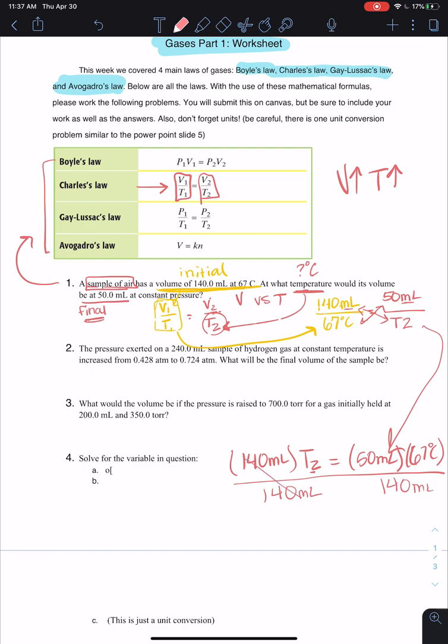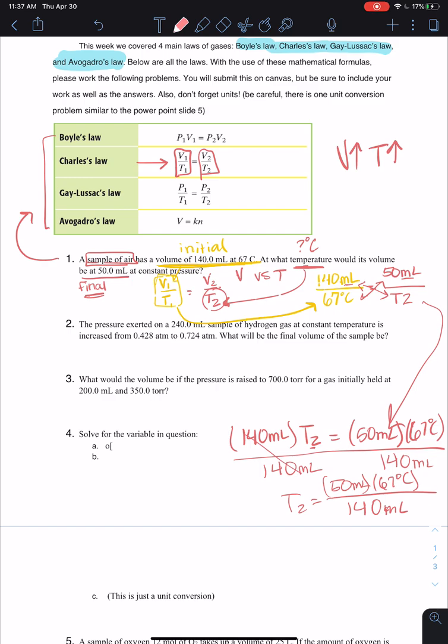So that would cancel here, and we're left with T2 equals 50 mils times 67 degrees Celsius over 140 mils. If you notice, this makes our units work as well. That's how you know that you did it right, because milliliters divides with milliliters and Celsius is left. So your math here would be 50 times 67 divided by 140, and I'll go ahead and put that in my calculator and give you an